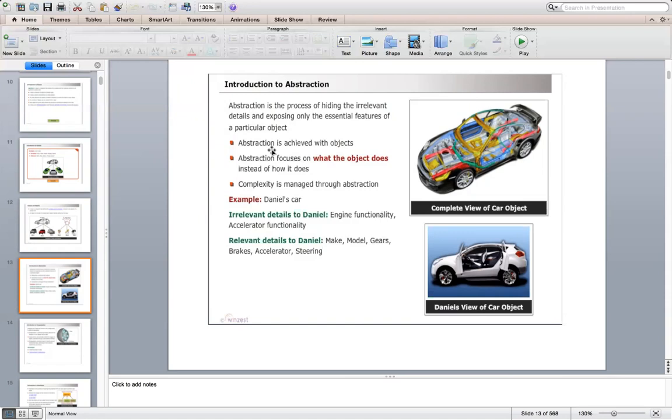essential features. As an example, when you see a car, we actually see what is the color of it, what fuel type it is, what is the seating capacity, the mileage, cost, etc. These are the things that come to mind, but we never think of the background, irrelevant details like what the engine model is, how it works, and all other internal details. We will not bother, because that is complex. So complexity is solved with the help of abstraction.